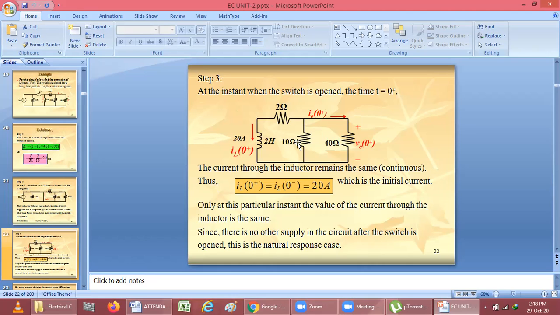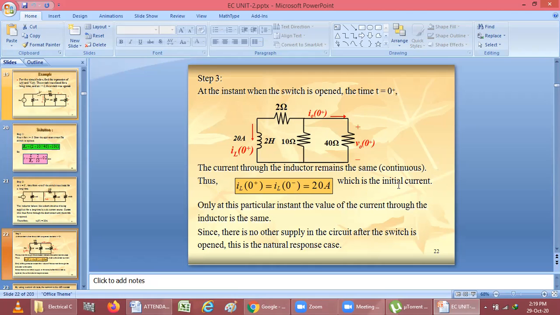If instead of this RL circuit there was a question on an RC circuit, then the difference is that we would calculate RT, then tau equal to RC, and instead of the current it would be the voltage across the capacitor. If there was a capacitor here, whatever voltage it had would be applied here. Meaning if there is an RC circuit we can write VC 0 plus equal to VC 0 minus, and whatever voltage was given we would take here as it is.